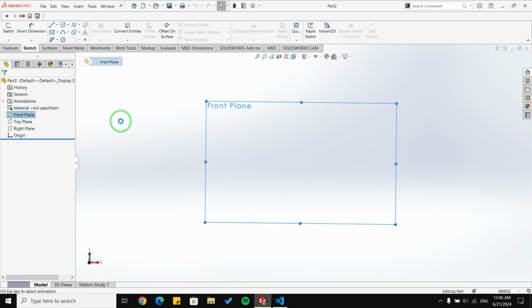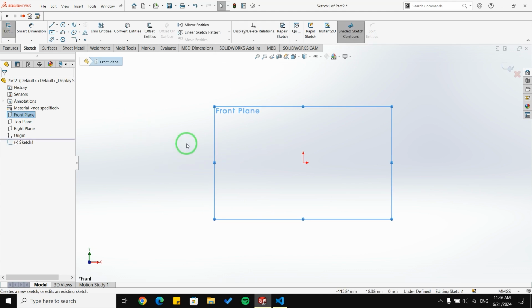For the start, I'm going to create a new sketch, and I'd like to talk about how to create a new slot. Here we can see in SolidWorks we have 4 different options to create a new slot, but I'm going to talk about center point straight slot and 3-point arc slot, because the 2 others are very similar to the first 2 I named.